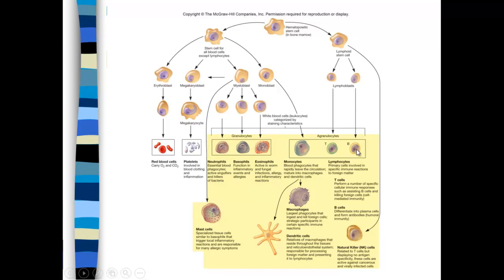Agranulocytes, T and B cells provide immunity through the third line of defense. That's specific immunity. They are called agranulocytes because they don't have granules. Then there's another type of lymphoid stem cell called a natural killer cell. It's related to a T cell, but these cells are very, very active. You'll see natural killer cells attack cells that are infected with viruses, as well as cells that are cancerous,